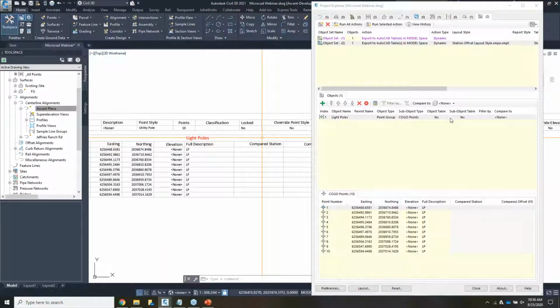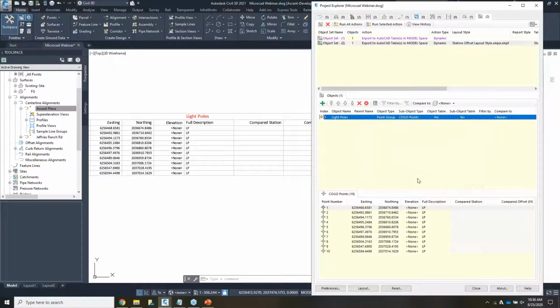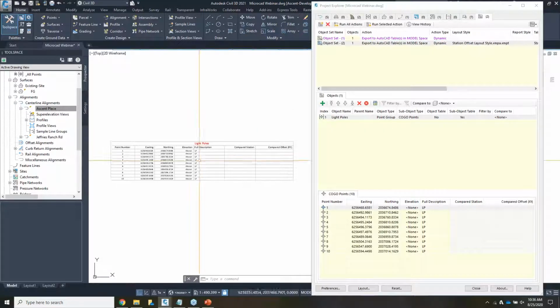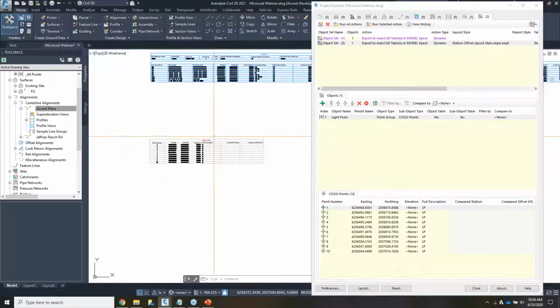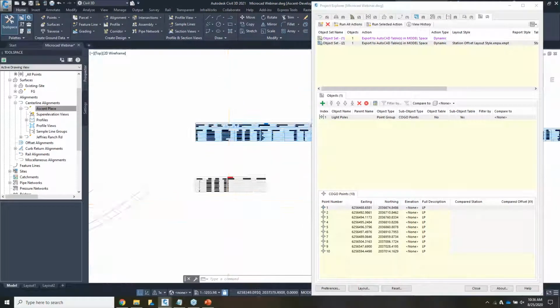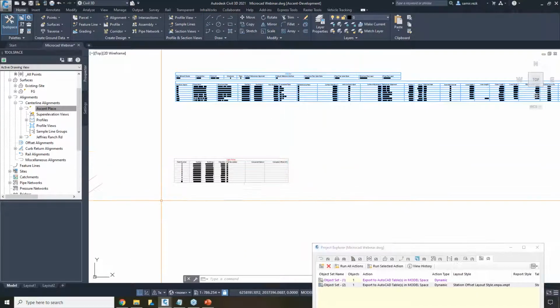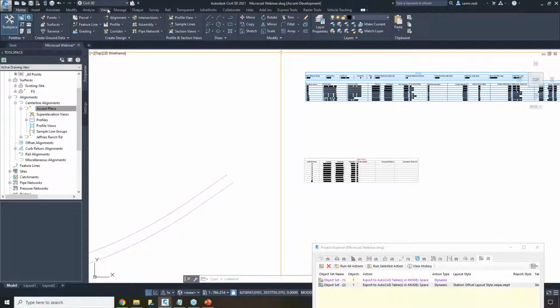So this is the toggle right here. I may not want to see the groups in my drawing, so I don't care about that. So that can go out. And this table, unlike the send to AutoCAD table command, this top one here is not dynamic, but this one is dynamic. So to show you that really quickly, if I go ahead and